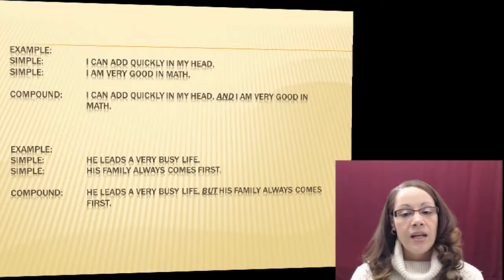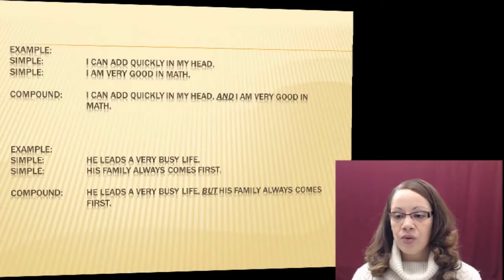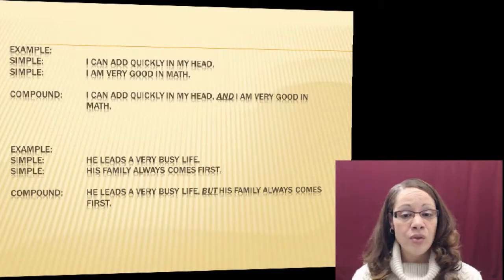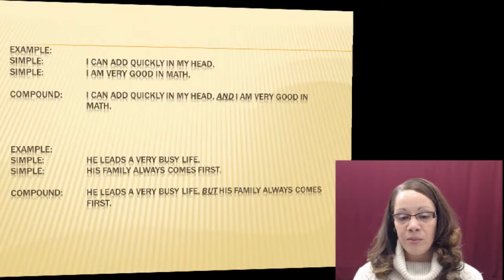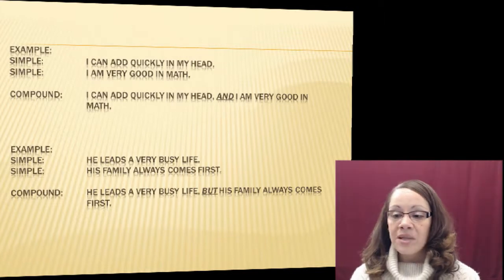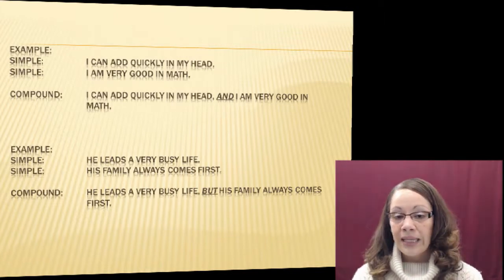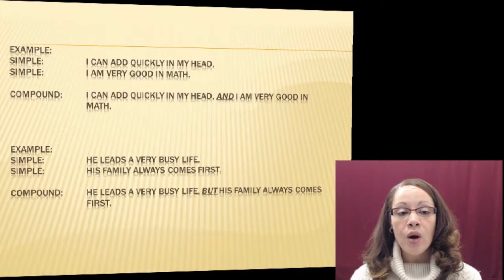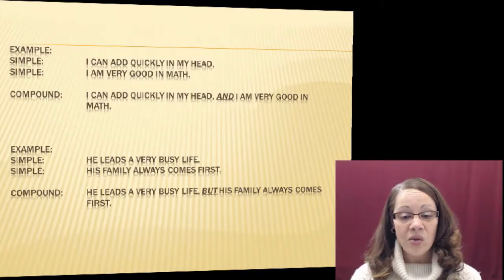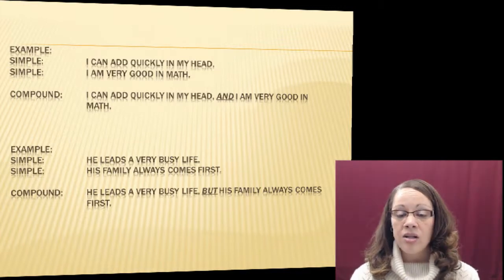Okay? Let's look at the second example on your screen. Again, I have 2 simple sentences that I'm going to combine together as one complete sentence with one of my coordinating conjunctions. He leads a very busy life is my first simple sentence. Leads is my verb. Who or what leads? He leads. So he is my subject of the sentence. He leads a very busy life is one complete sentence, one independent clause that has a subject, he, a verb,